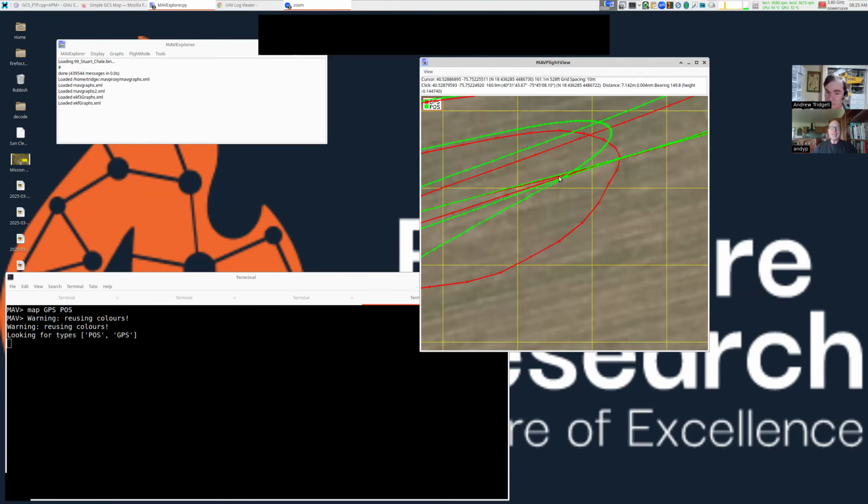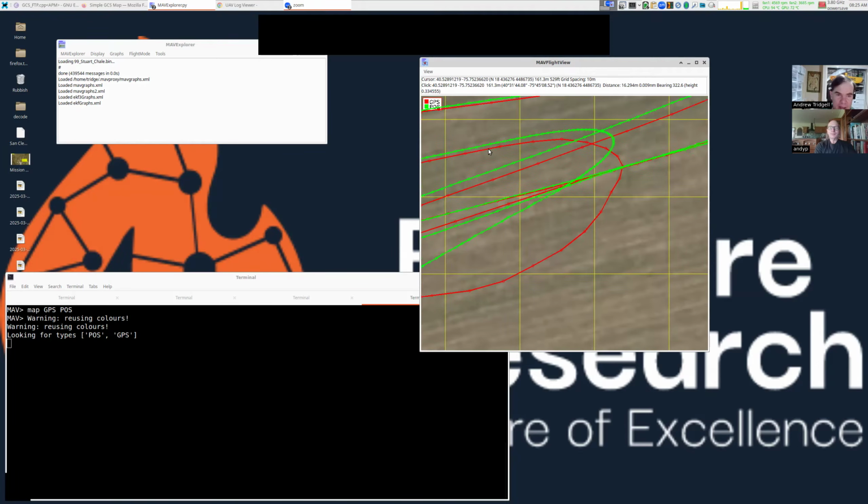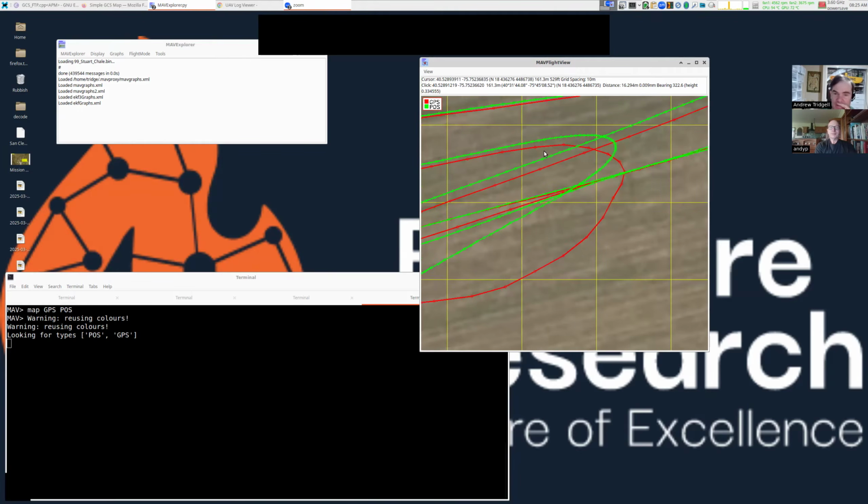Andy, I'll interrupt you a bit here. I think it'd be really useful to explain the difference between the green and red lines. Sure. Right. So the one marked GPS, which is the red line, is the